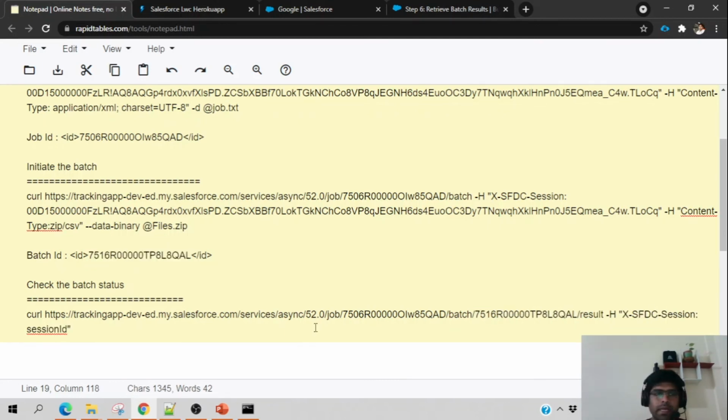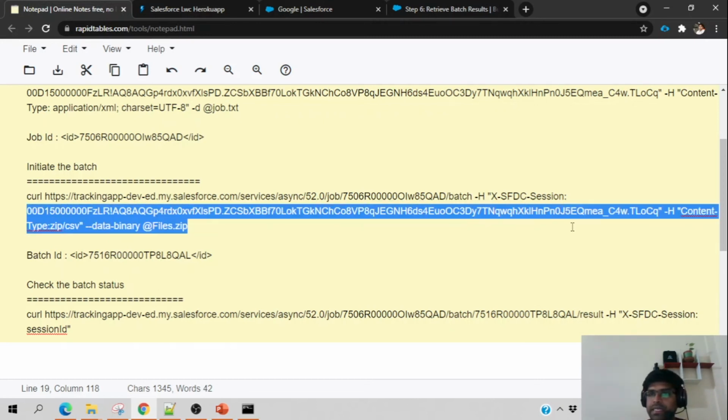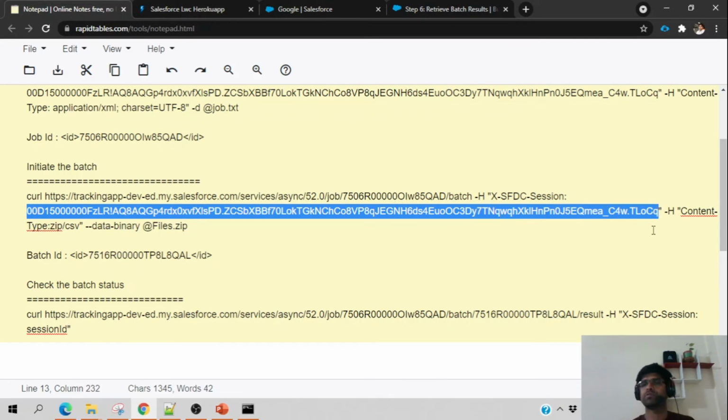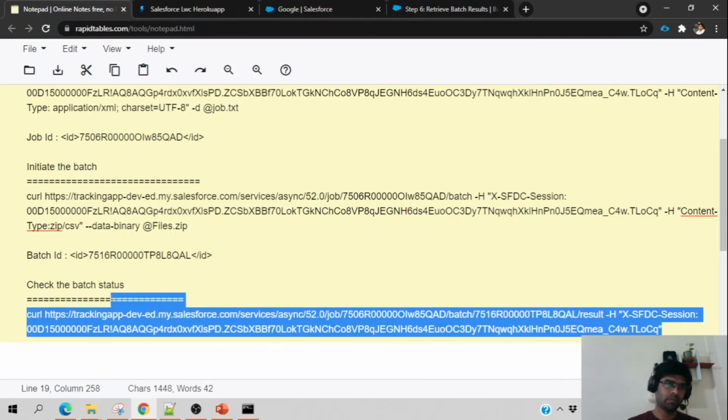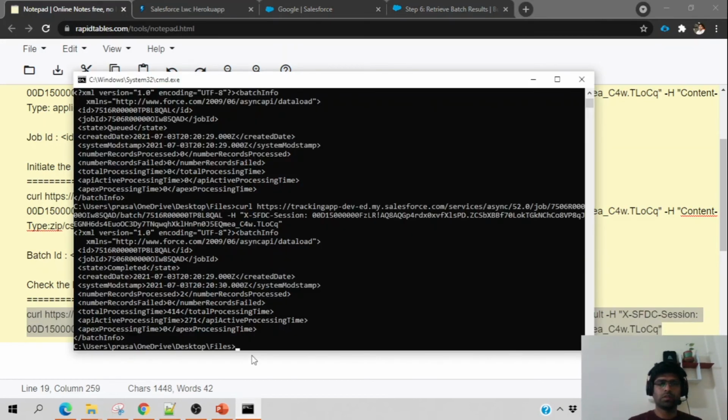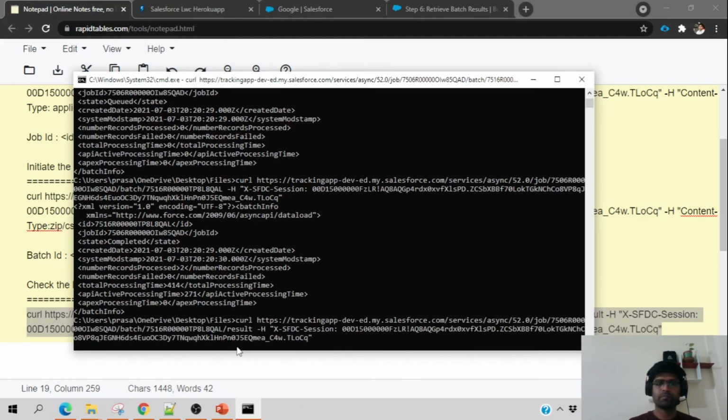Then at the last we replace the session ID. You can take it from either the first or the second one, anything is fine because we have only one session ID. Now our command is ready. Copy it and run that same command in your command line.